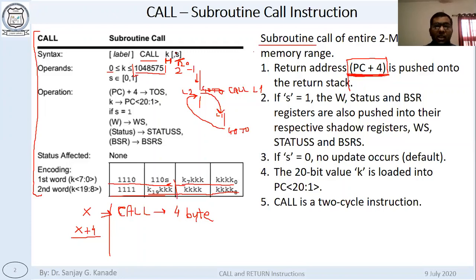Then if the additional parameter s is written, this is called fast mode, or shadow. If s is equal to 1, then the 3 registers you have, W, status and BSR, are copied to 3 different registers.